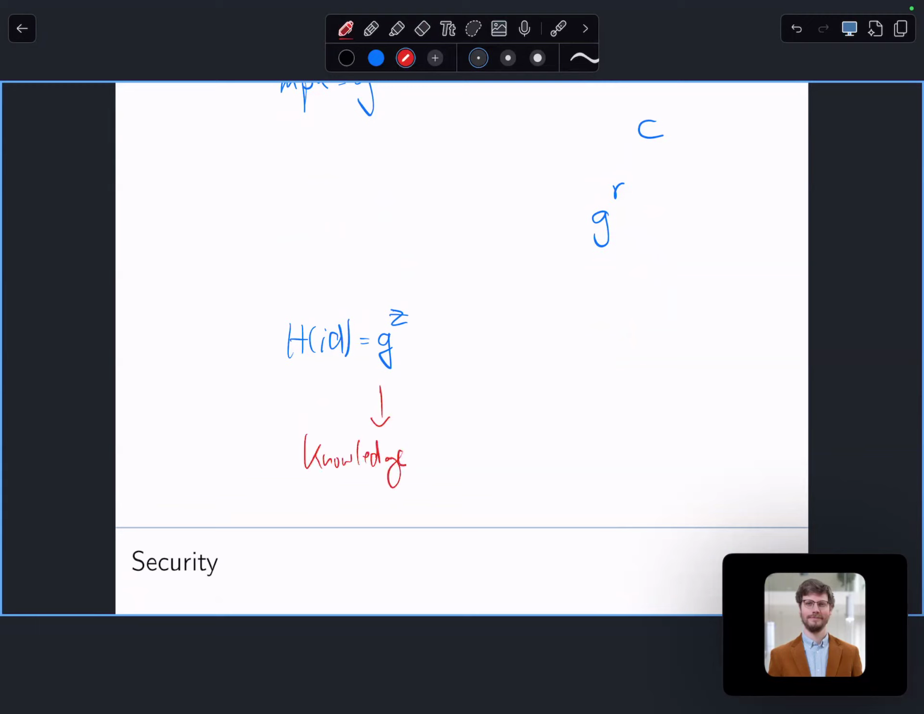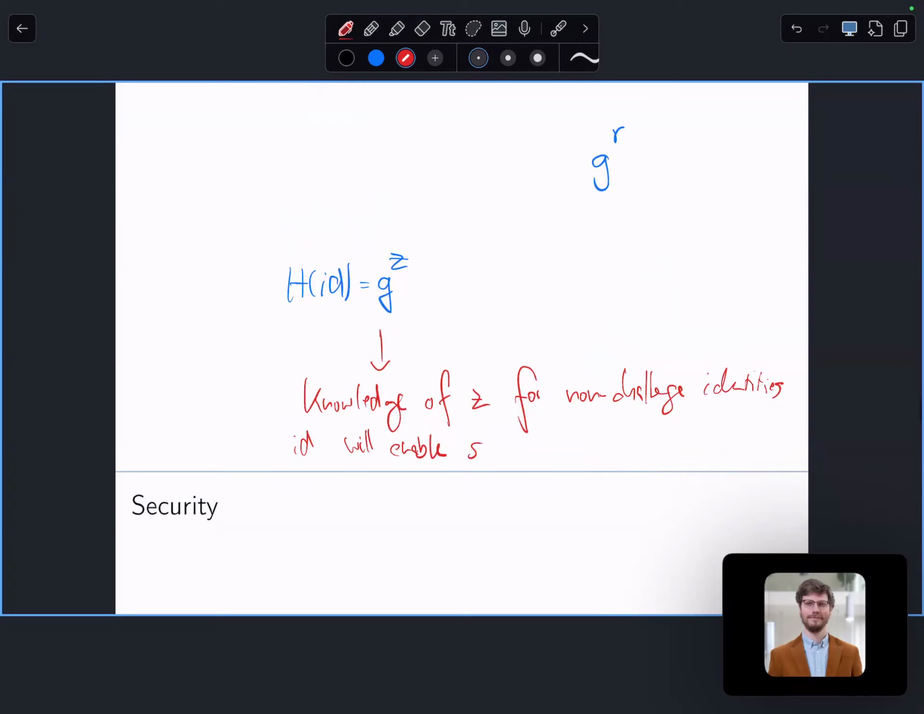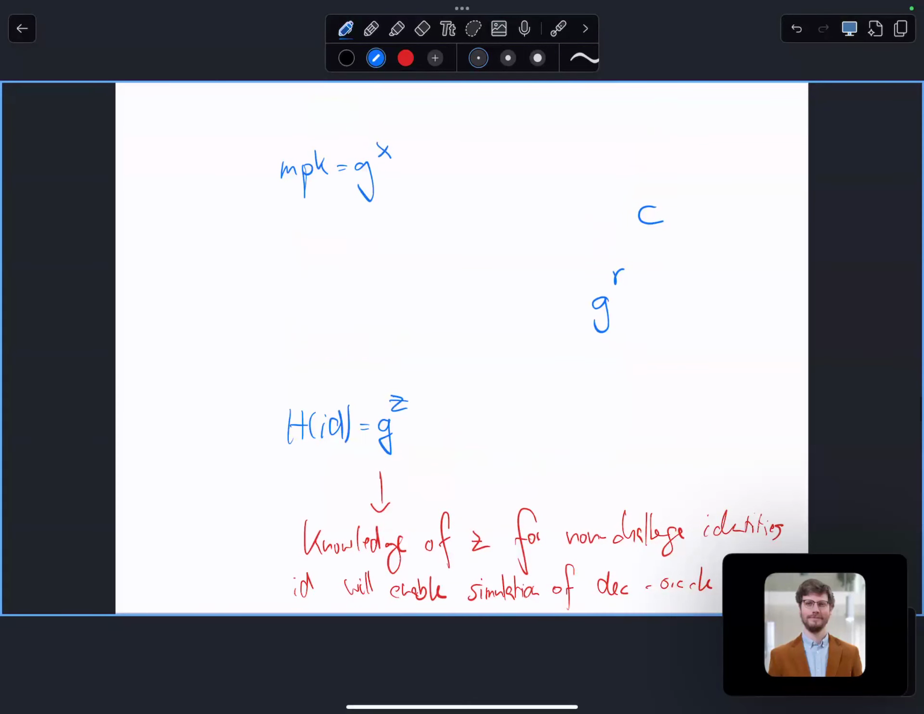Good. And in a way, this knowledge of Z for non-challenge identities will enable a simulation of the DEC oracle, right? Because if we look at these things taken together,